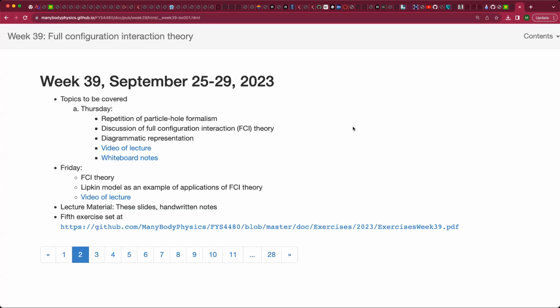Welcome back. And the topic today is just a continuation of this full configuration interaction theory. We're going to look at the diagrammatic representation as well, because that's something which is widely used in many-body physics. One of the things which I want to do was actually to give you a quick repeat of what